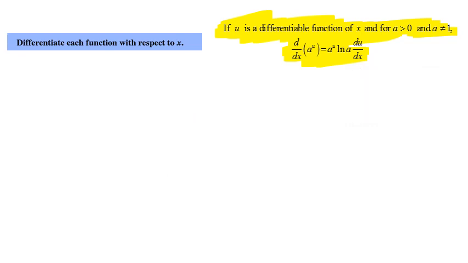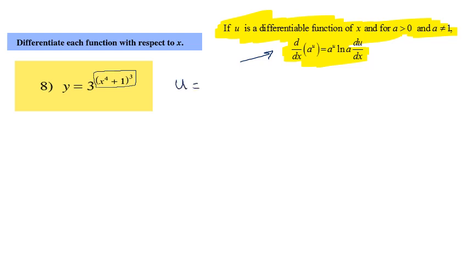Differentiate the given function with respect to x. y is equal to 3 to the power of (x^4 + 1) all to the power of 3. This is an exponential function, so the derivative of this exponential function is written to the right. We are going to assume that this function is u. So if we let u be equal to (x^4 + 1) all to the power of 3,